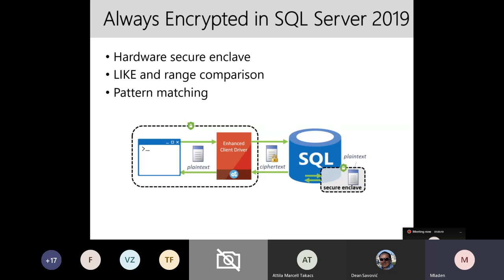I have a whole one-hour session on this Always Encrypted too, and I've done the demo for that when it was still in CTP, and I had a session at another conference last year, and one day before the conference, you should never do this, I upgraded the version of the SQL Server to the RTM, and they changed something, and my whole demo just went boom. And I couldn't recreate it in one day. So it takes a bit of time to create everything. But in the end, it works nicely, and